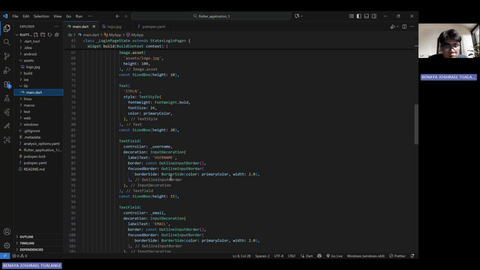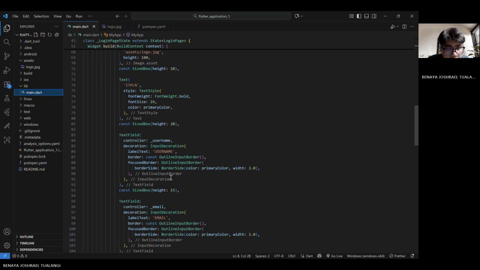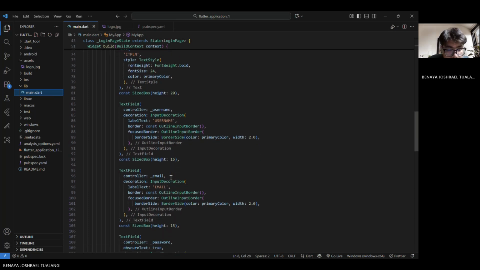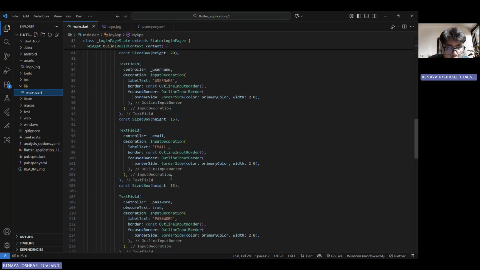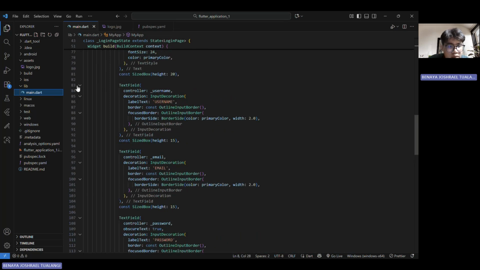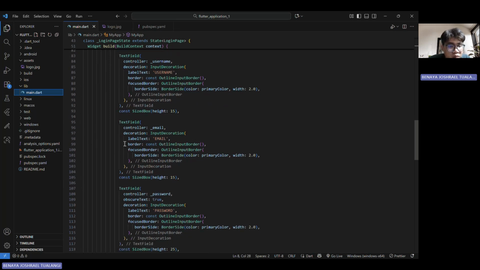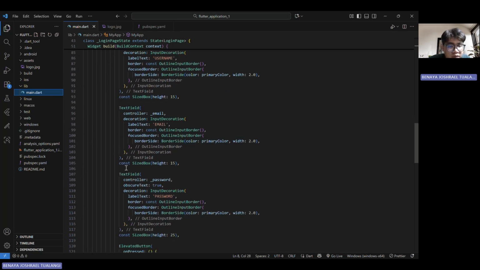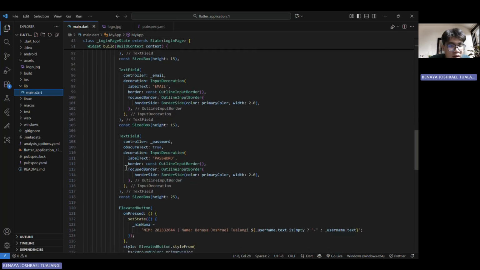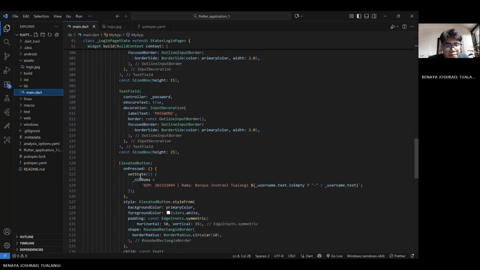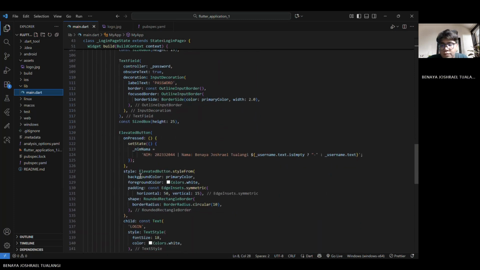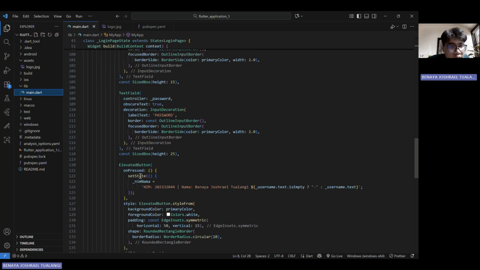Okay, we jump into this. Lines 83 to 93 are for the username, 95 to 105 are for the email, and then 107 to 118 are for the password.